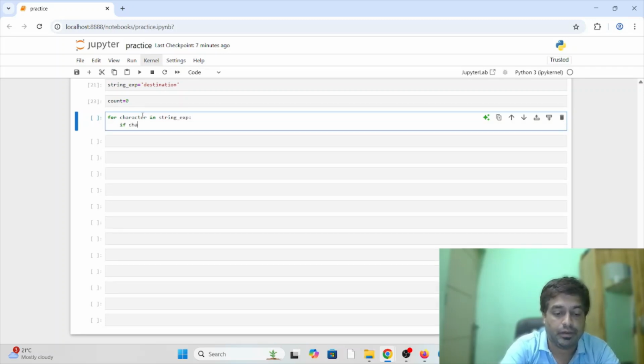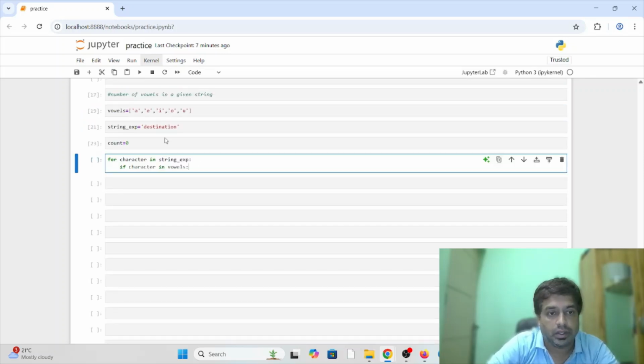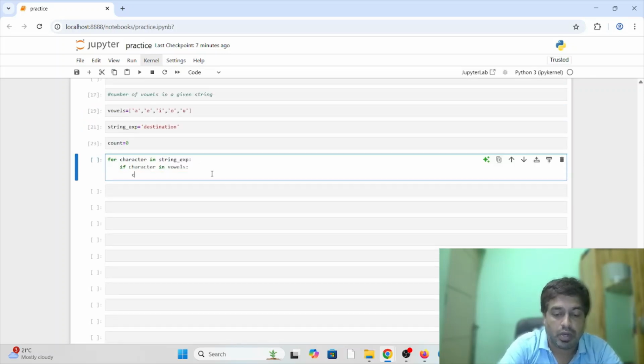If character in vowels, the vowels, then count plus 1 is equal to 1,